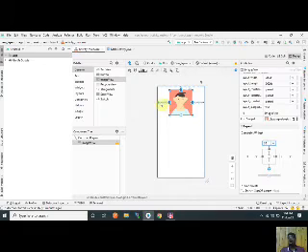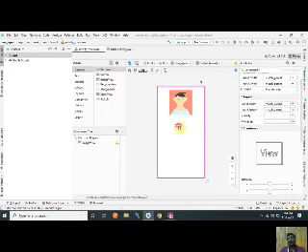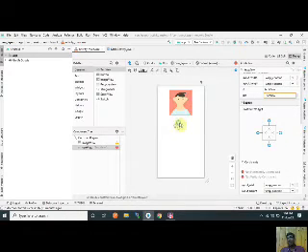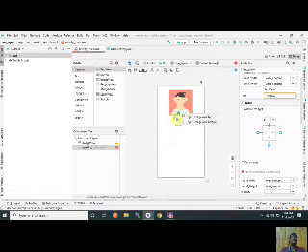This is not adjustable, so this line is the fixed line, a straight line. After that, the next element is a text view, that is, login. Now I click here, it is add. Now I attach the top constraint to the bottom constraint, and left